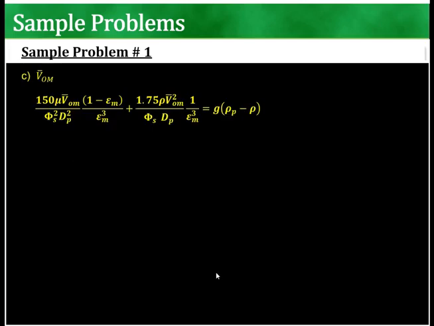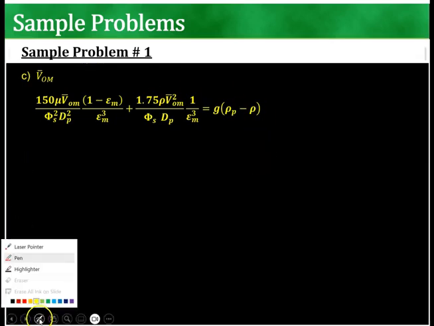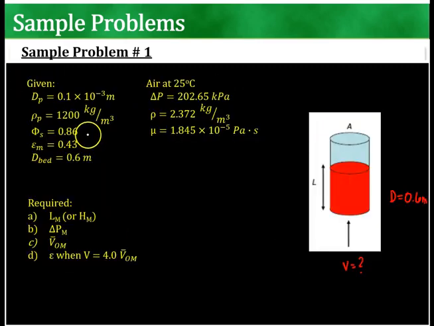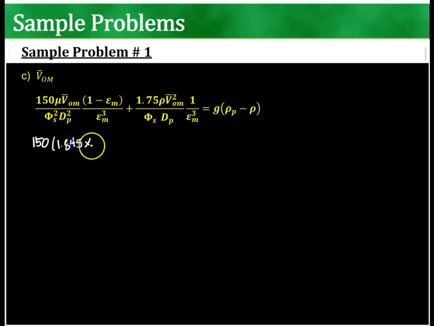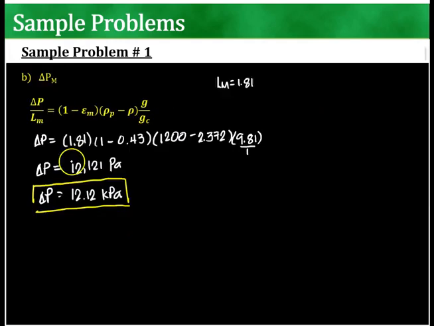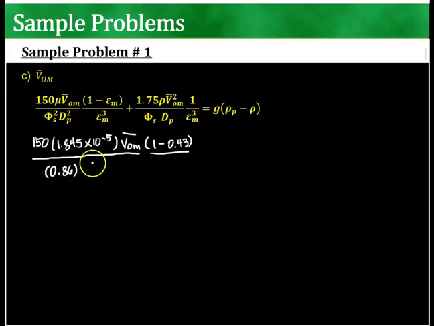So let's go to the third. What's the minimum fluidizing velocity? In order to solve this one, let's just use this formula and plug in whatever's given to us. So 150, and then the viscosity is 1.845 times 10 to the negative 5, and then V, which is what you're solving for, times 1 minus E, which is 0.43. I'll just separate that from the first. The sphericity was 0.86, and the diameter is 0.1. So 0.86 squared, 0.1 times 10 to the negative 3 squared, times 0.43 cubed,